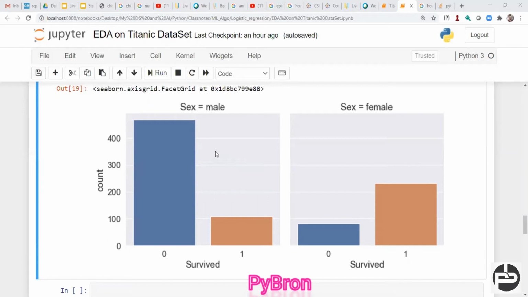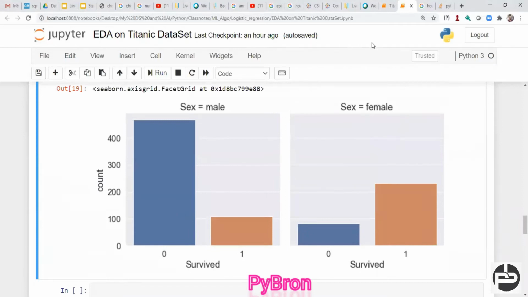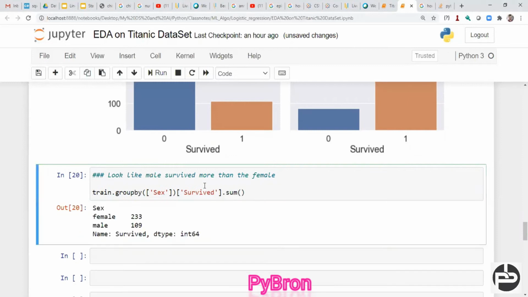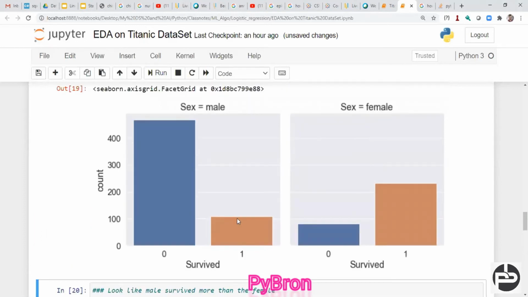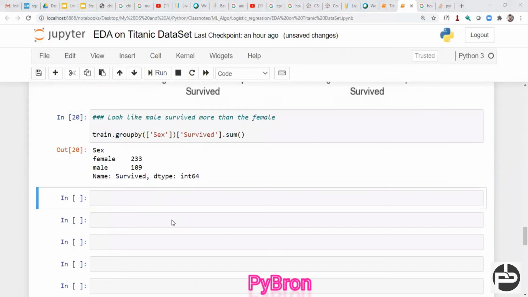So yeah, next, we understood this concept, right? How many males got survived, how many females got survived. Next what we can do, we can see how many females got survived and how many males got survived. In this way we can do it like this. If you can see, the number of females who got survived is 233. Males who got survived, 109. Yes, this graph is also indicating the same thing. You see, the number of survived males is less than the females, right? So this count is also saying the same thing. So yes, graphical representation is very, very important.